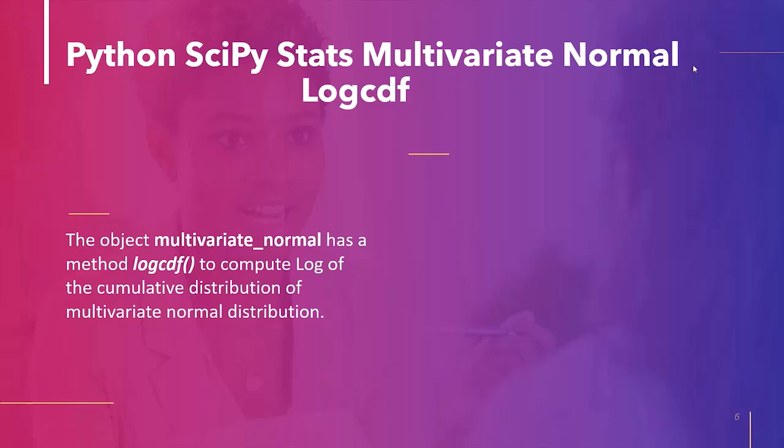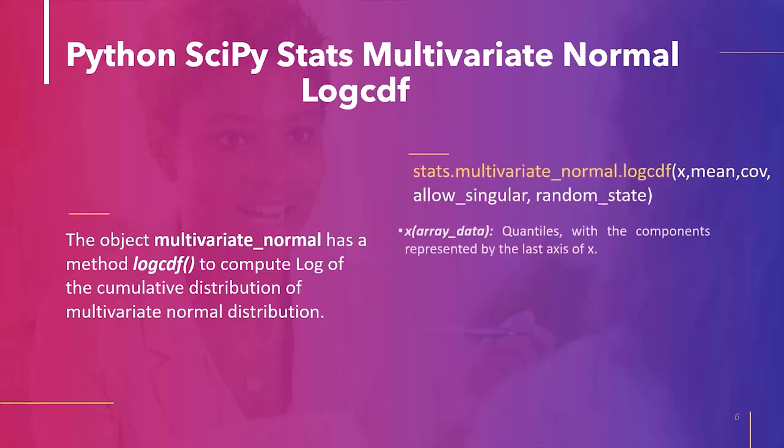The log of the cumulative distribution of the multivariate normal distribution is computed using the method logcdf of the object multivariate_normal. The syntax of the method is as follows, where the parameters are x, which represents the quantile with the components represented by the last axis of x. Mean, it is the distribution mean. Cov,